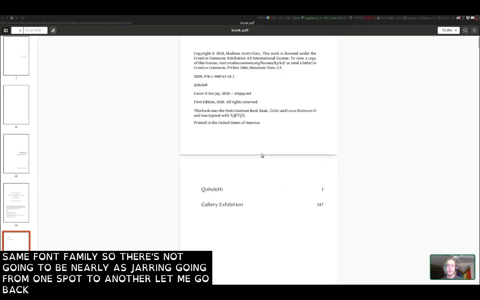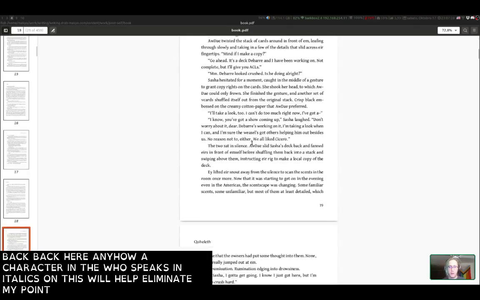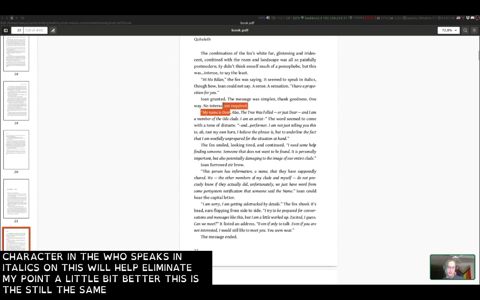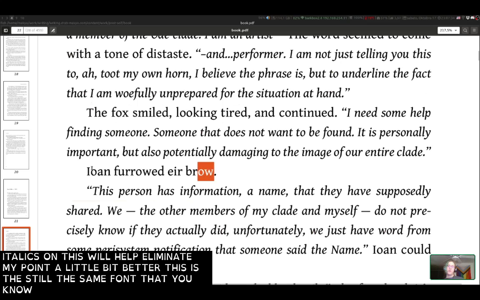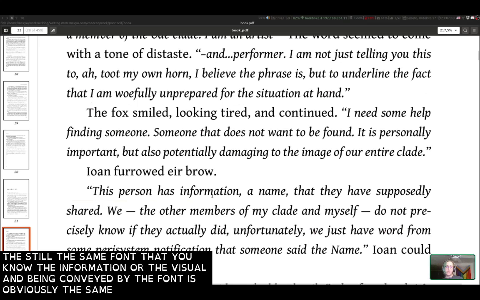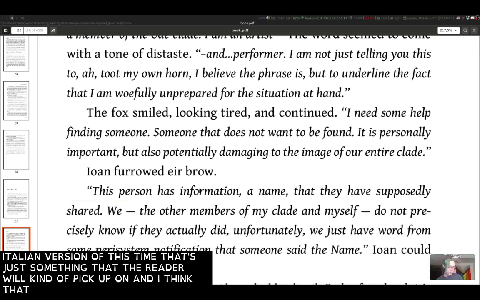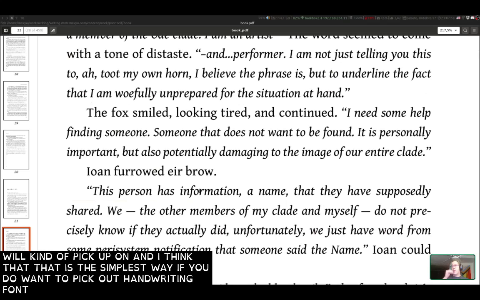Let me go back here. I have a character in this who speaks in italics, and this will help illuminate my point a little bit better. So you can see that this is still the same font, that the visual information being conveyed by the font is obviously the same. This I is the italic version of this I. That's just something the reader will kind of pick up on, and I think that is the simplest way. If you do want to pick out a handwriting font, I would go for one that is